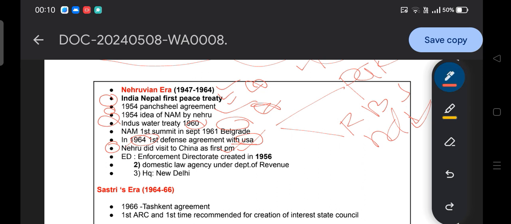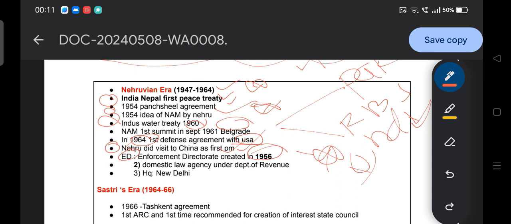Then I am going to quickly switch to the concept of ED. They can simply ask the question: the Enforcement Directorate was created by the Narendra Modi government, then it is going to be wrong. Although nowadays it is in the news, it has been there in our political system from 1956, so they can confuse you, so please mark it. Okay, so Enforcement Directorate was created in